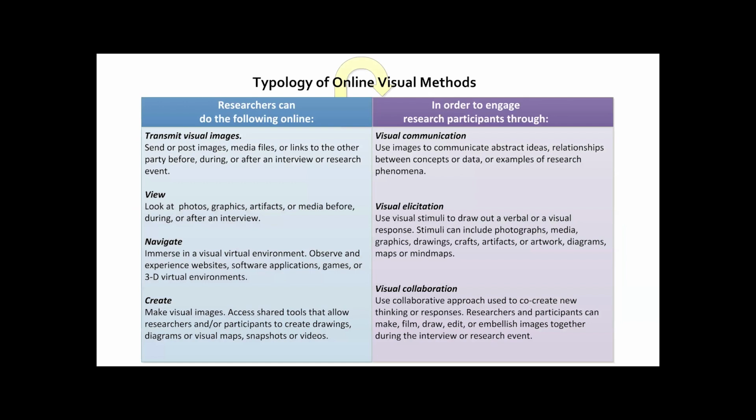So this is another model to help us think through some of the options, and specifically I'm going to talk about the visual here today. In the blue column, these are some of the kinds of things we can do with technology today. We can send images back and forth. At this point, everyone is walking around with a camera and a video camera in their pockets. We can take pictures and easily send them or post them